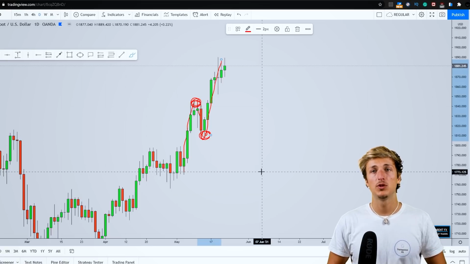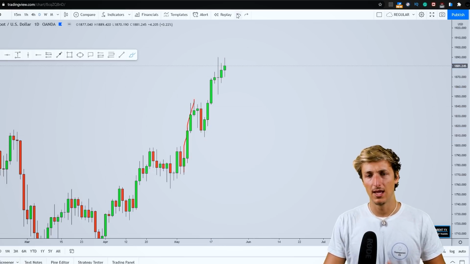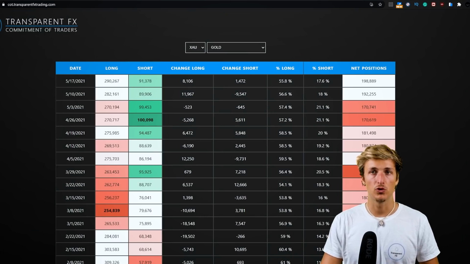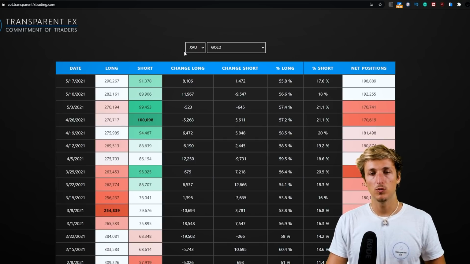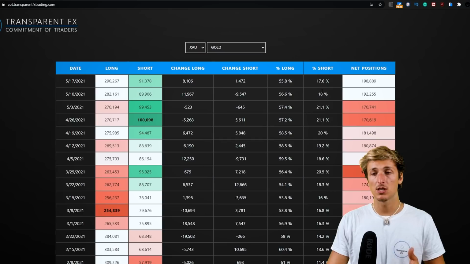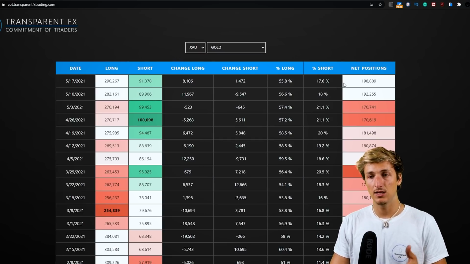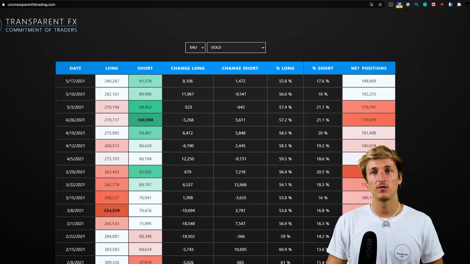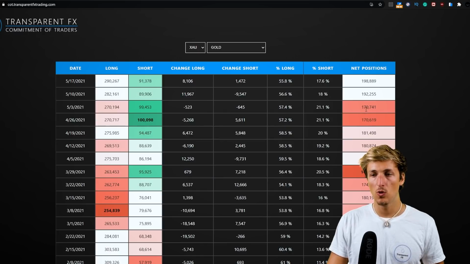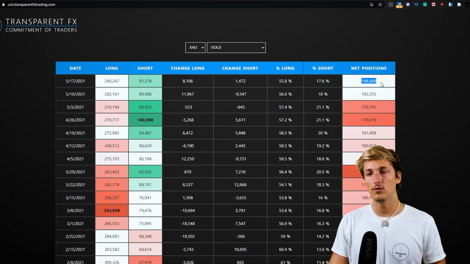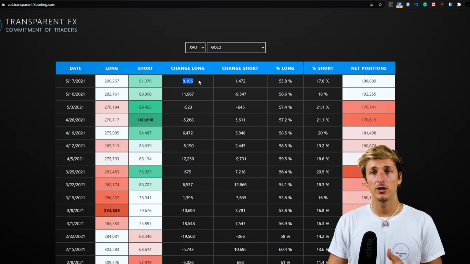However, at the moment, what do we have and how can we be looking for the next potential opportunity? Now, before I show you what we have on the daily, if we go and see what we have from a COT perspective, so commitment of traders, what we can see is that lately on gold, net positions have been increasing. In fact, we went from having 170k net positioning to having 198k net positioning,